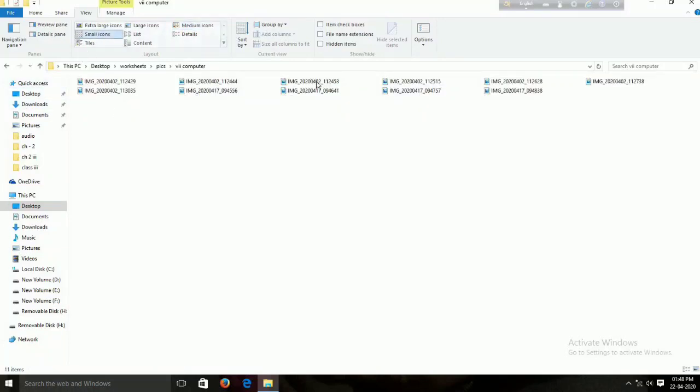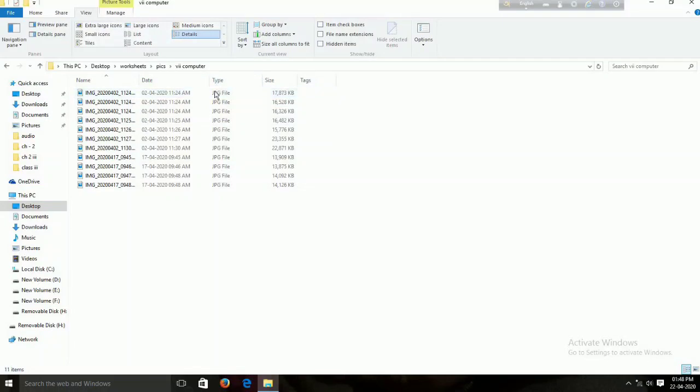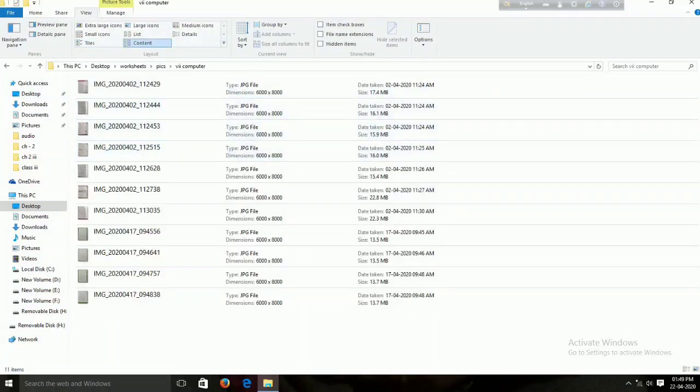Then small icons, only the name of the image is there and small icons are there. And in the list also, only the name of the icon is there and list is there. But while clicking on the details, I can see the size, I can see what kind of file this is. And clicking on the tiles, I can see the same thing in the tile mode, and the preview of the image is also there. And in the content view, if I click on the content view, I can see the size of the file, I can see when it is modified, what kind of file this is, and the name of the image is also there, and the preview of the image is also there.